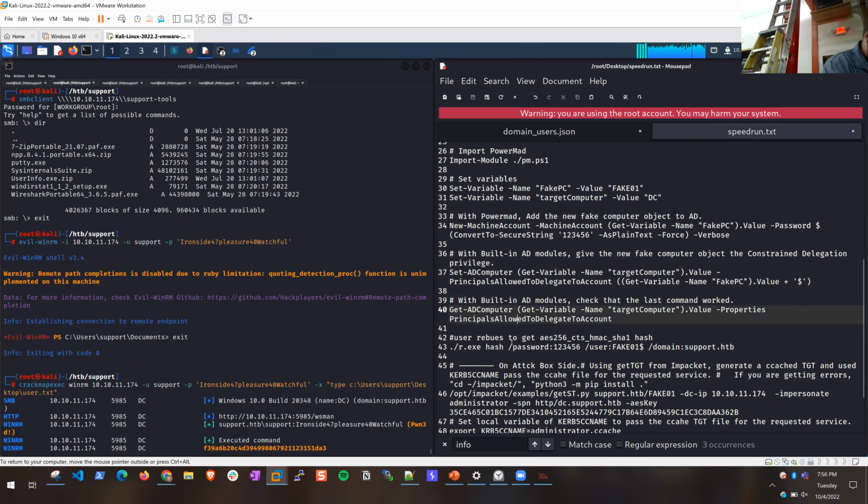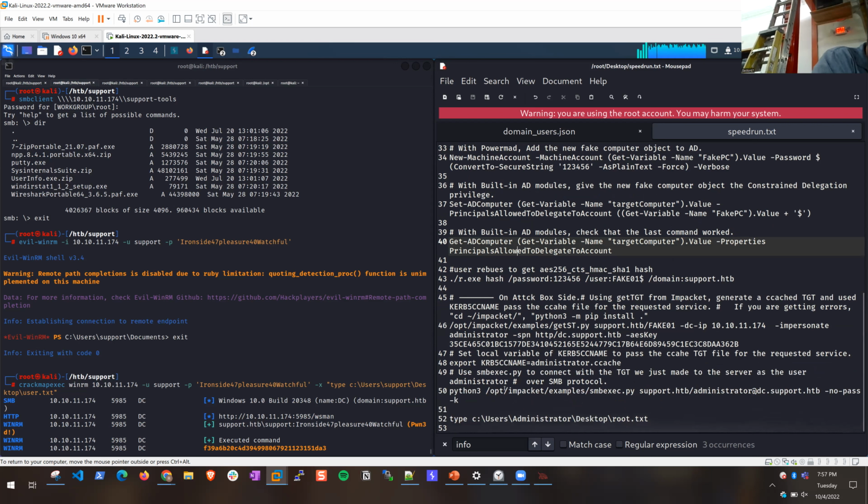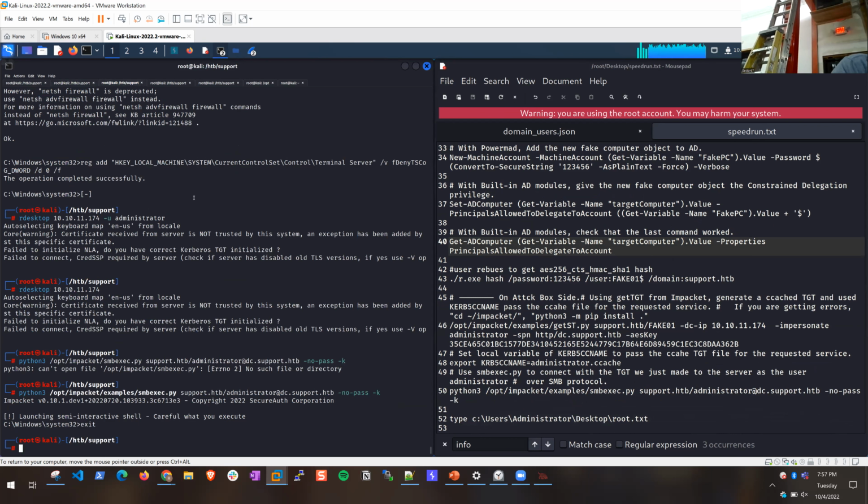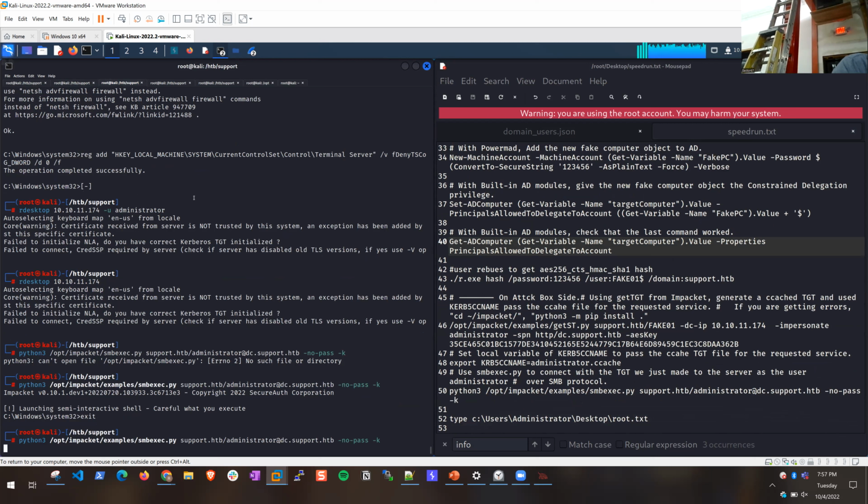I'm gonna skip through some of the Kerberos stuff where we create a fake machine. We do a bunch of other stuff, and we use a tool called Rubeus, which allows us to interact with all those ticket granting servers and ticket granting tickets. And in the end, we get an AES key that we pass to a tool called smbexec.py, which is part of the Impacket tools. So we'll run that.